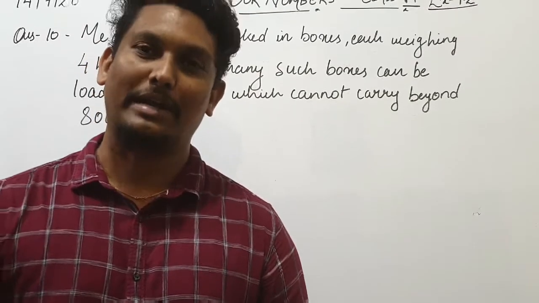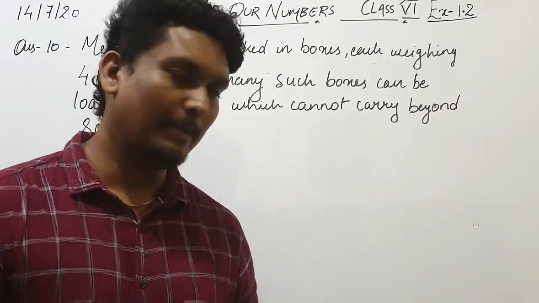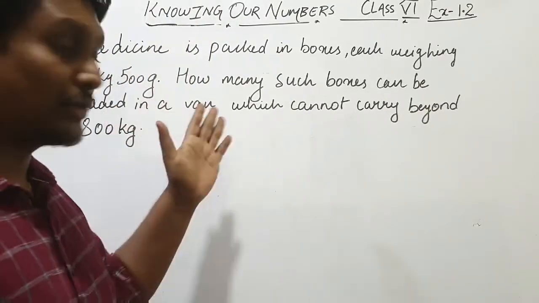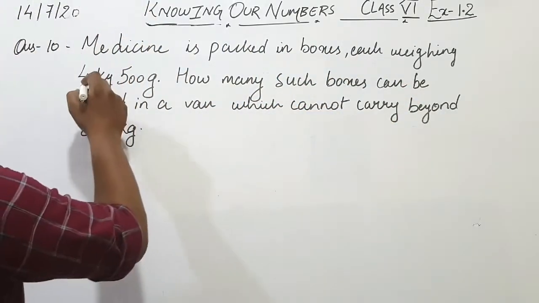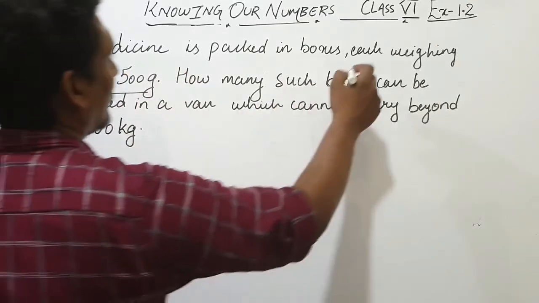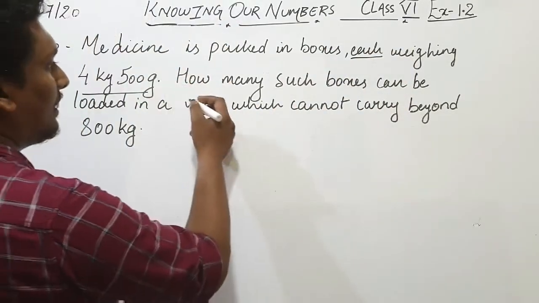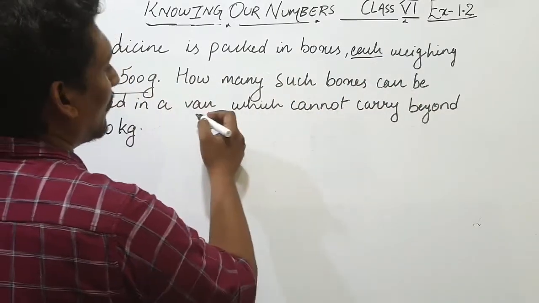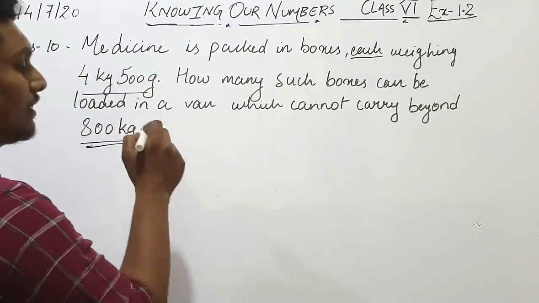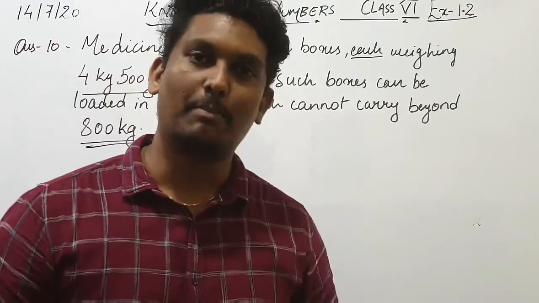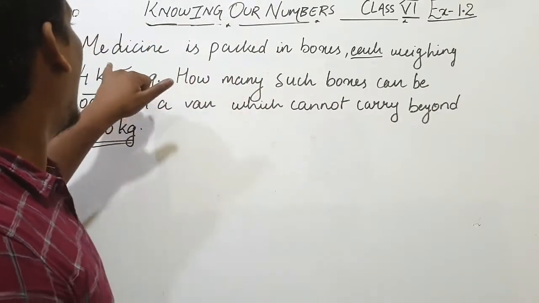Okay, now come to question number 10. Question number 10 is the same as the previous question we did. So I'm going to read the question. Medicine is packed in a box, each weighing 4 kg 500 grams each. Each means we are talking about the single one. How many such boxes can be loaded in a van which cannot carry beyond 800 kg? 800 kg means the maximum capacity is already given to you, and